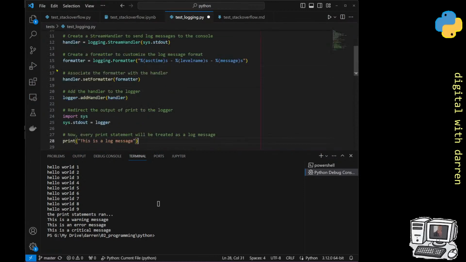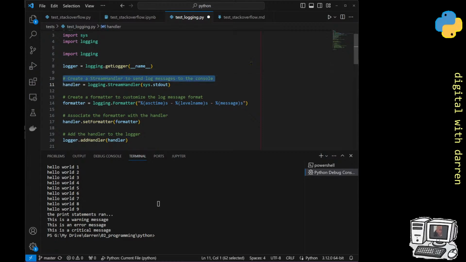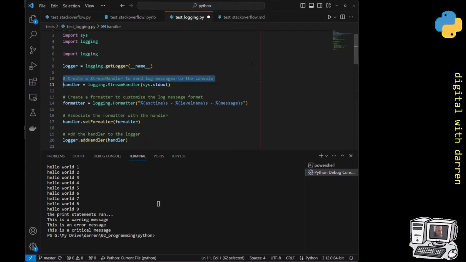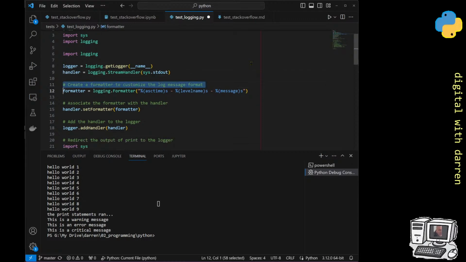So let's do that. Now we know that we're creating the logger object, so we don't need to have a comment for that. We've got the handler object, which was over there: create a stream handler to send the log messages to the console. So that's what we've done. And then create a formatter to customize the log message format. Okay, and that's going to give us a time, the logging level, and it looks like the message is doing it like that, which I'm not a fan of in particular,